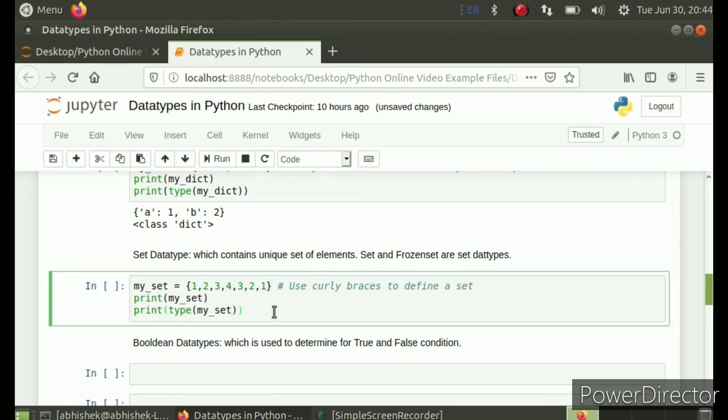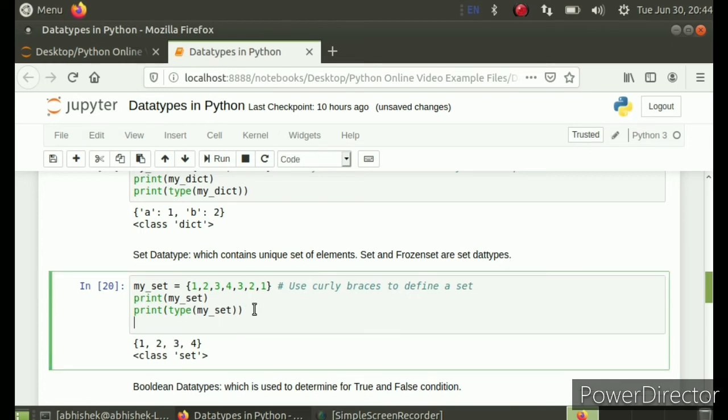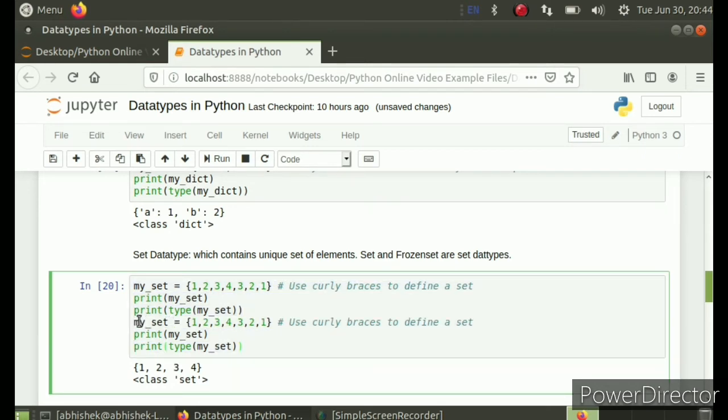And for frozenset, okay, so this is set 1 2 3 4. Now I'm copying this for frozenset. I'll copy this and paste it here. I'll change the variable name, otherwise it will overwrite. My underscore set 1, and the frozenset keyword is used.